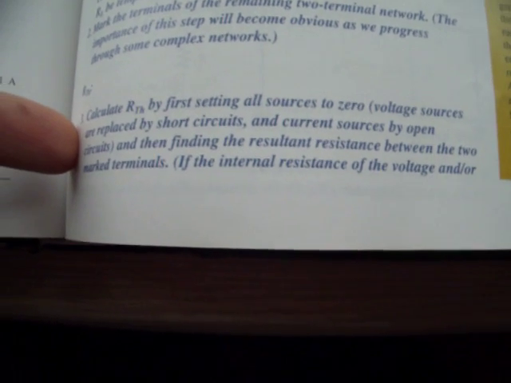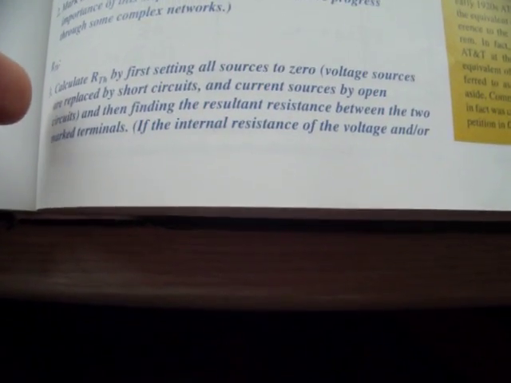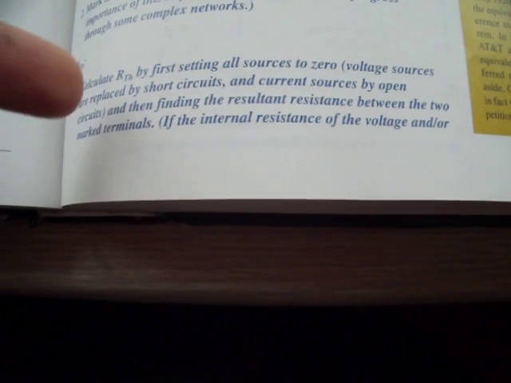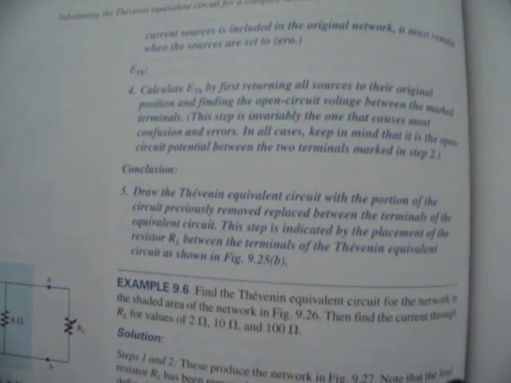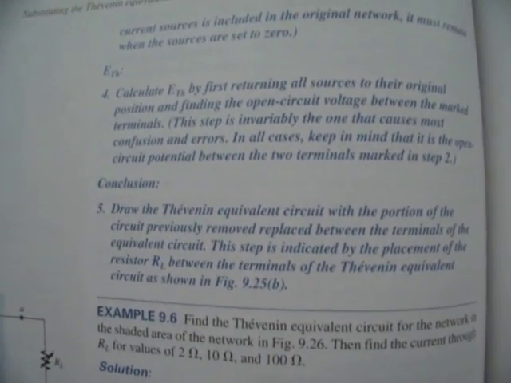Step 3 is to find R Thevenin, by setting all sources to 0: voltage sources are replaced by short circuits, and current sources are replaced by open circuits, and finding the resultant resistance at the marked terminals. If there is some internal resistance, you need to put in the circuit the internal resistance of the voltage source or current source, but in this example we will not do this. So first,